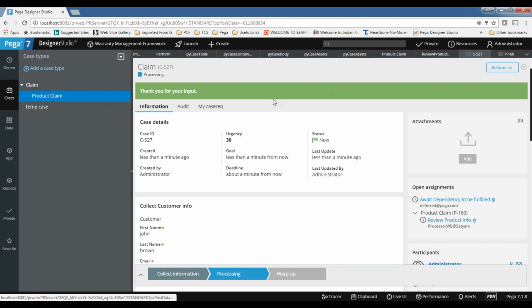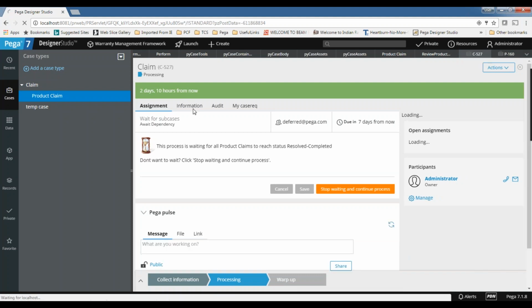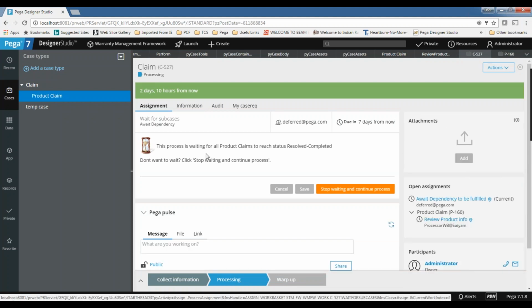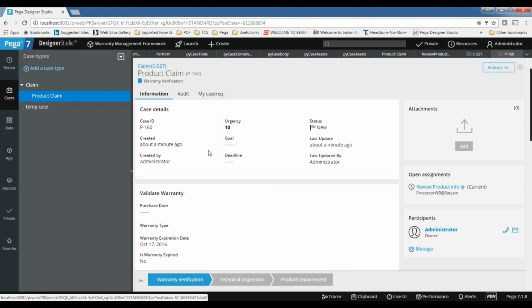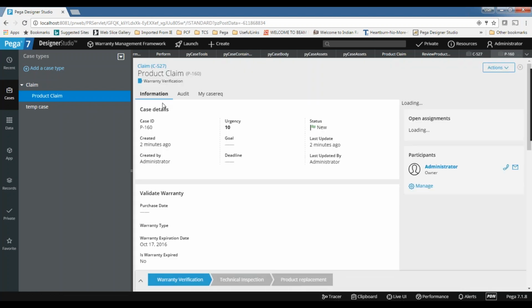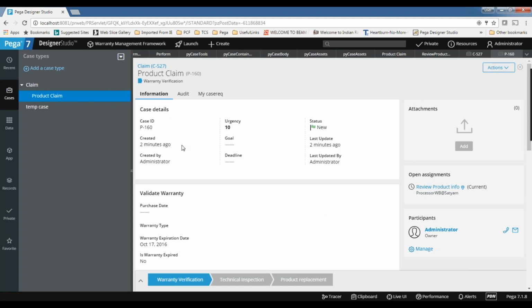That is the only difference. Look and feel wise, everything is the same as the confirm harness. If you go for confirm harness, you can do something else. So this is a confirm harness. When I click on this, it's going to the perform harness again, so that is allowing me to do some action. But in the review harness, you cannot do that. You can see the assignment tag is coming. This is where I do some action. But in the review harness, even if you click this, it's not going to the assignment. It's not allowing me to do anything. That is a review. You cannot do any action here. In that case, you can go for a review harness.